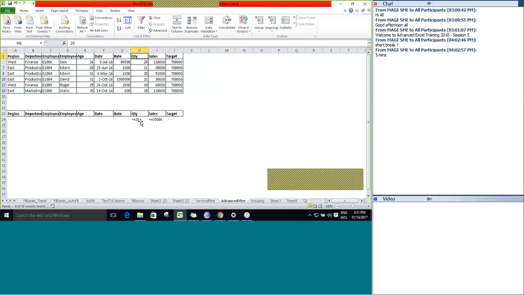Based on that, values are selected here, filtered and displayed to the user.